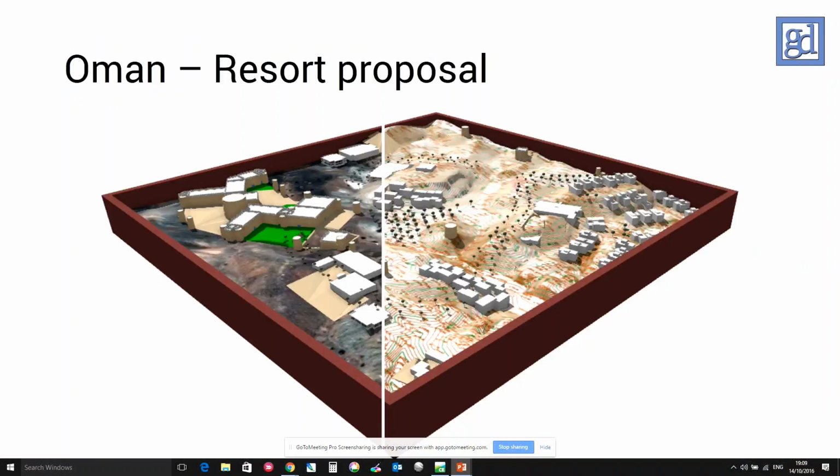One of our result proposals we're working on at the moment, early models we're giving to clients, is things like this web scene where you can swipe between scenarios and peel back really the data that's underneath. So here you can see contour data, but on the other side you can see the satellite imagery. It's kind of important to get a feel for the site. So yeah, we're looking at